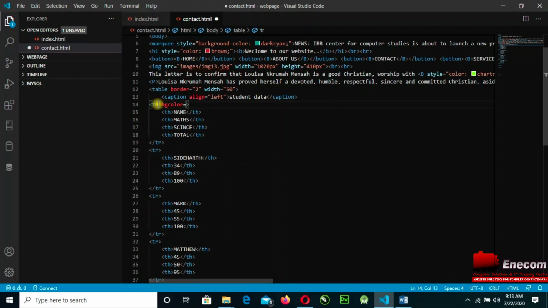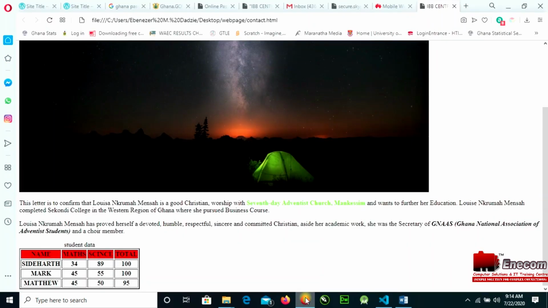Then you insert the color that you prefer. Let's assume I want red to be filled there. So all I have to do is create it, then go to my browser and refresh the page. So I will have red color filled in the table.